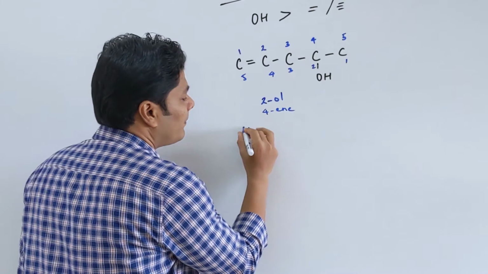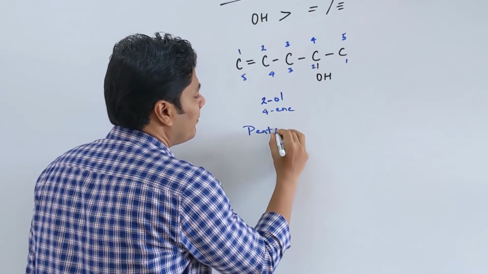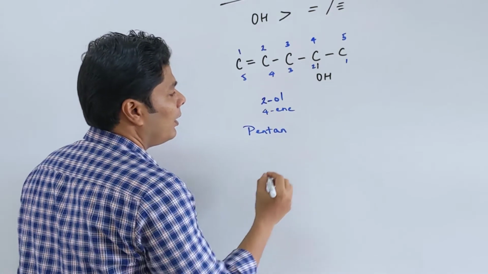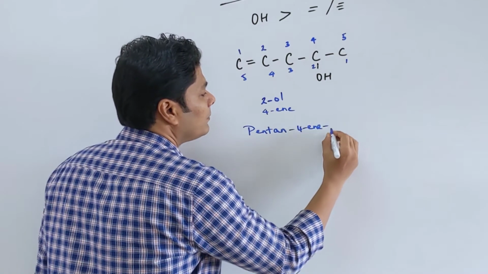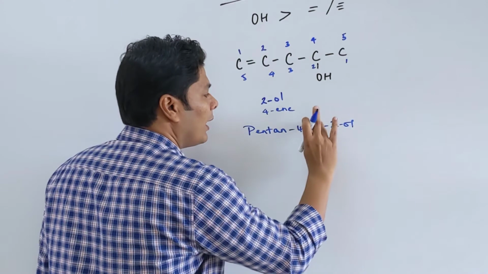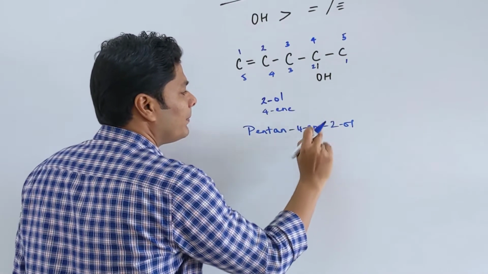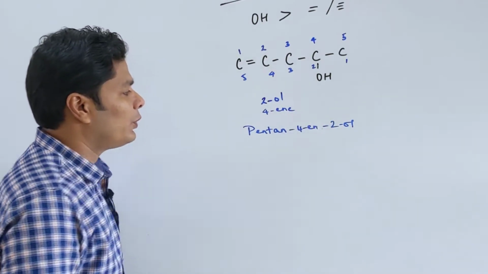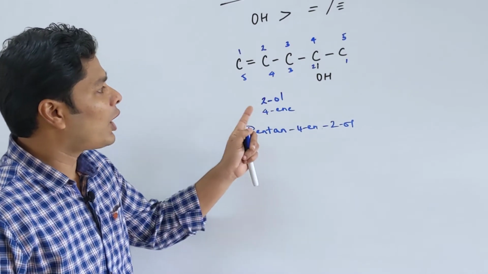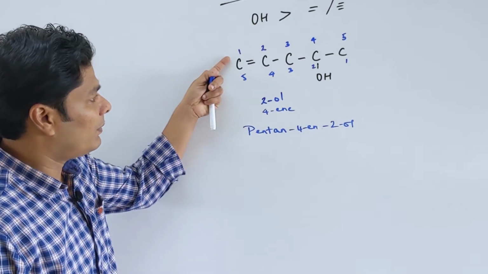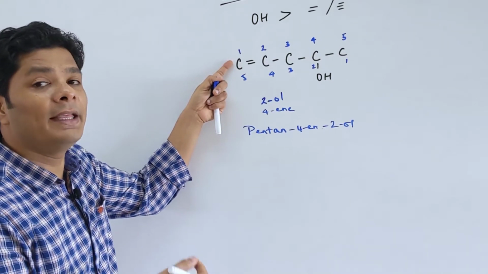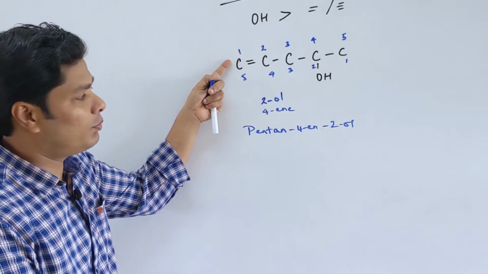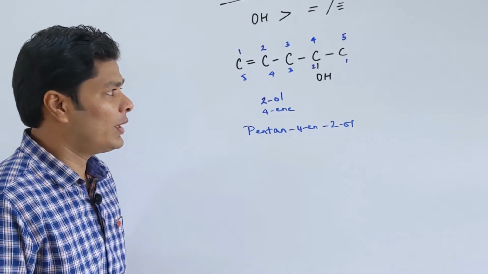So this is going to be pent-4-en-2-ol, and I can drop the E here. There is a vowel here, there is a vowel here, so you drop them. So this is how you are going to name. You are not going to give this a number 1, because the number 1 will give you a small number for a double bond if there is no other priority functional group. But here I have OH, so this is the way we want to name.